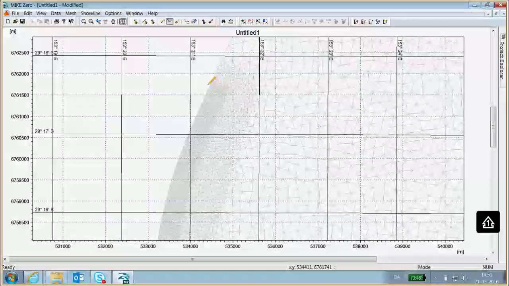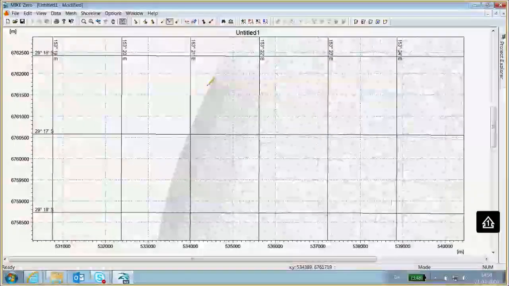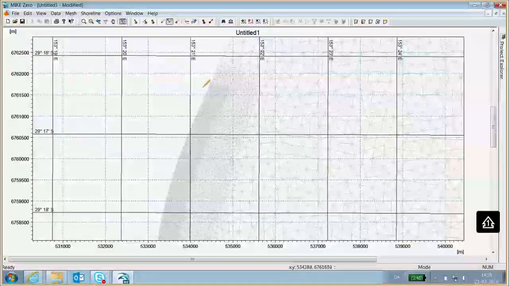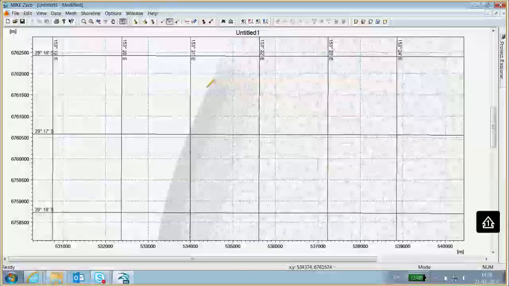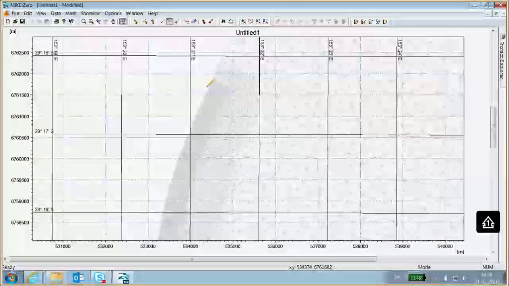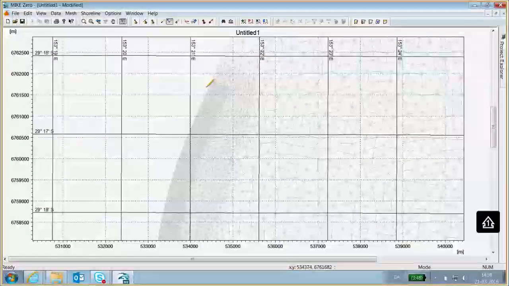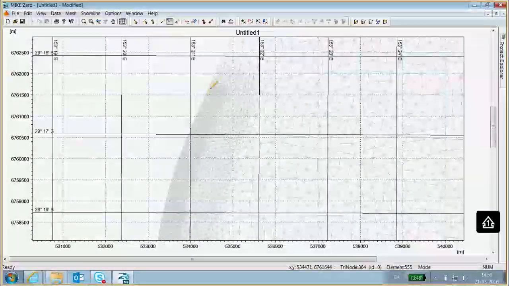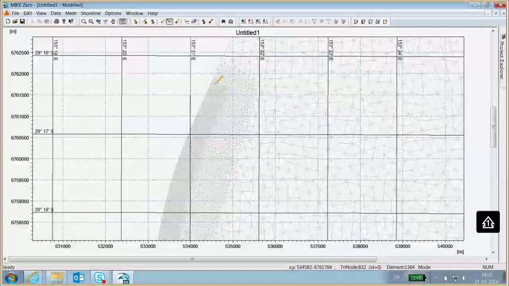Then I can draw a baseline along the shoreline here. I prefer to have my baseline located just outside of my mesh, and of course parallel to the depth contours. Now the mesh here was generated so that this outer boundary does follow the depth contours.